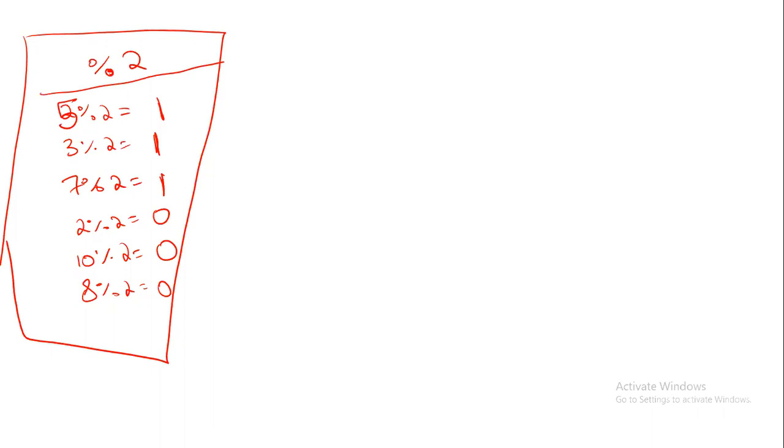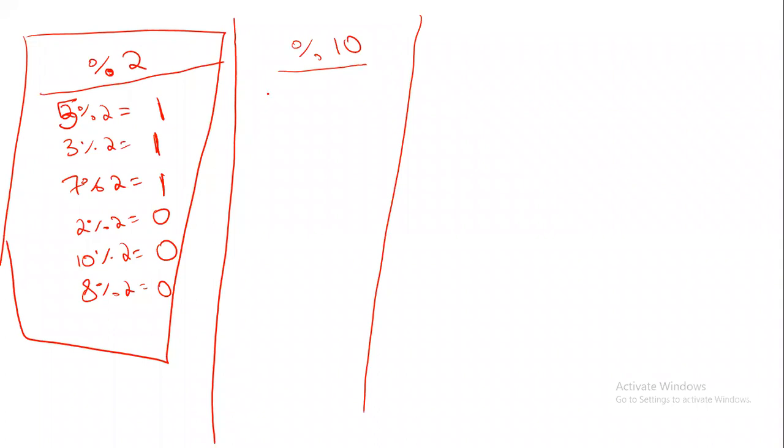Now let me talk about mod 10. What is the use of mod 10 here? See, mod 10, what will it do, let's see. What is 5 mod 10? I could have told the answer directly, but I want you to realize on your own what's the use of mod 10. 5 mod 10, what's the answer? 5. Why? Because the numerator is smaller than the denominator.